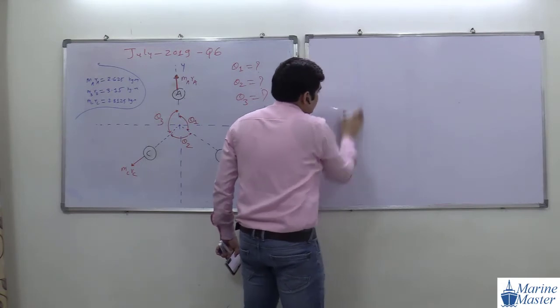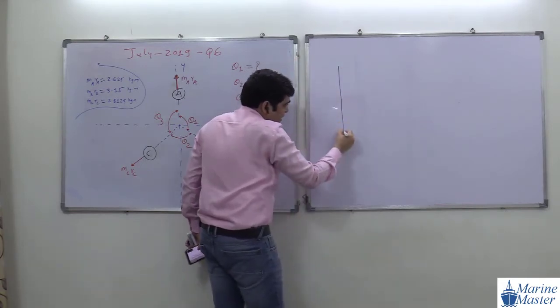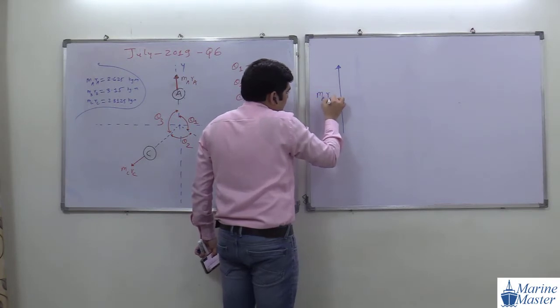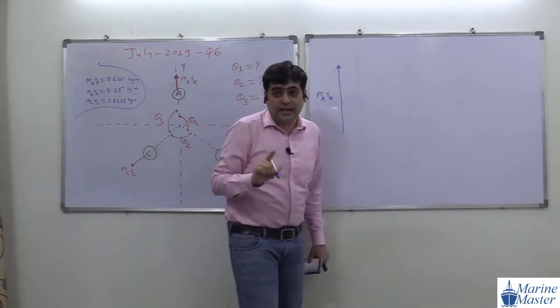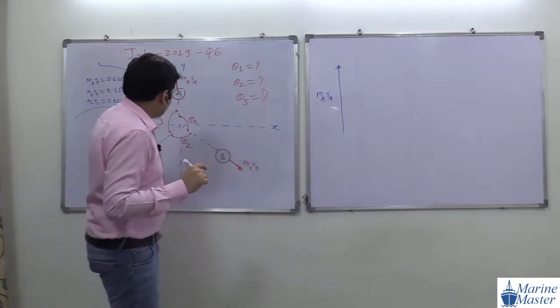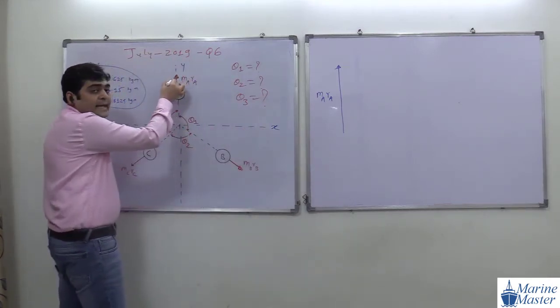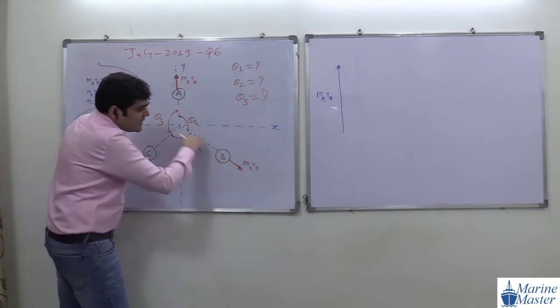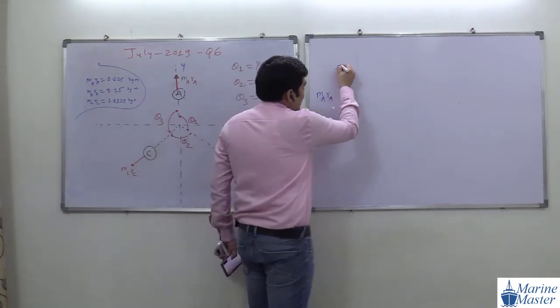See the point, this is a very, very important discussion. This is our MARA. Always try to draw the drawings properly. Drawings are very, very important in mechanics. So from the point where MARA ends, what will we start? We will start MBRB. So this is the direction of MBRB.